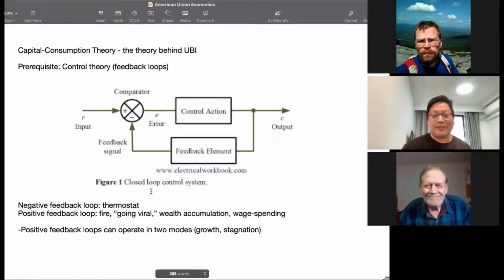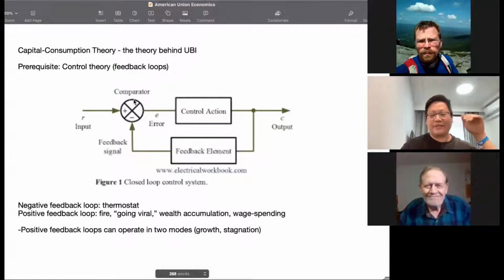To make this a little bit more concrete, an example of a negative feedback loop, which most people are familiar with, is your thermostat. If you are heating your home, and the heater has a thermostat on it, say you turn the thermostat to 75 degrees. Because it's winter, and the house is quite cold, when you first turn it on, the house may be lower than 70 degrees. So the thermostat will tell the heating element to turn on. The heating element then heats up the room, and as the room temperature rises, the thermostat also has a thermometer which measures the temperature. That's the comparator here. So your heating element heats up the room, and then eventually, when it gets above 75 degrees,